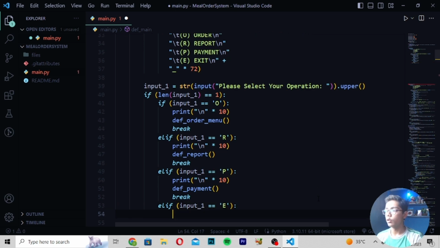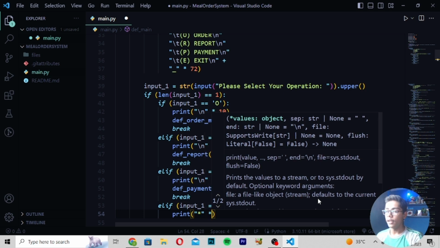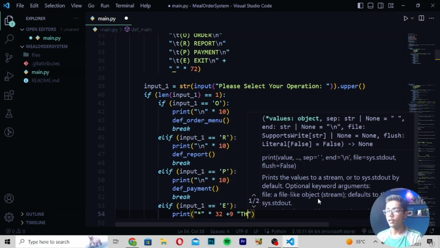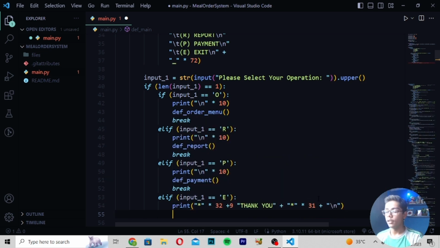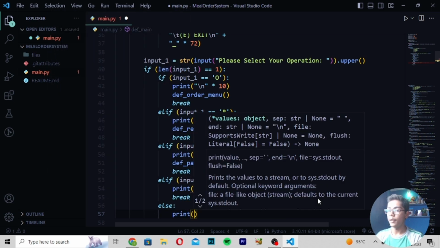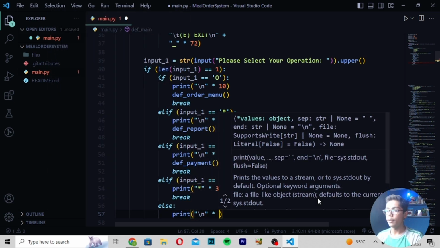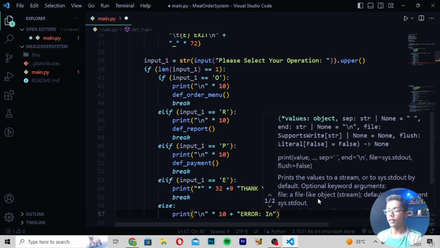Then you have to just now move down print, and then in this print tag I will be writing this tag, and then right here plus thank you, and then you have to now just write here plus, and here I will be now writing this tag, right here this tag again 31 plus, then I will be now writing backslash n, right here break tag, and write another tag which will be like else, right here print backslash n, multiply by 10 plus, then I will be writing here error, and in error I will be writing invalid